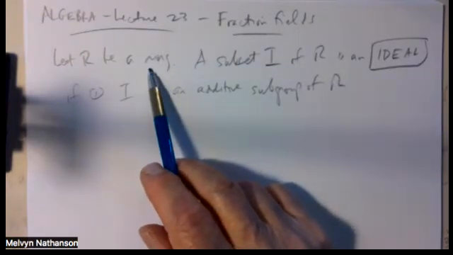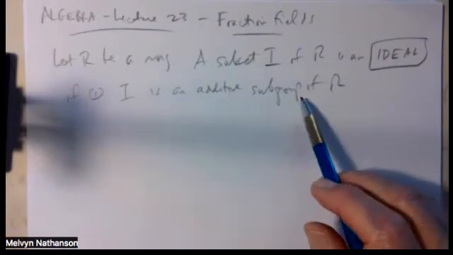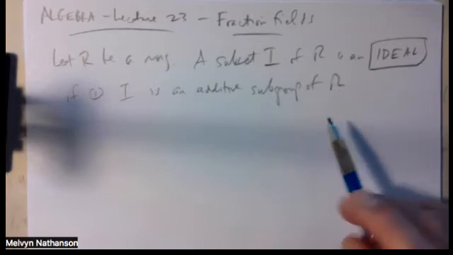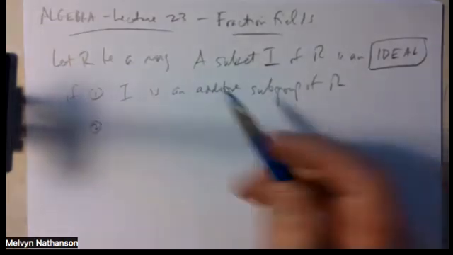With respect to addition, the ring is an additive abelian group. So I is a subgroup of R as an additive abelian group. And second,